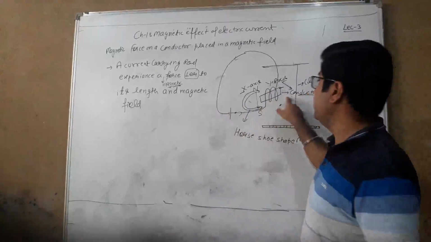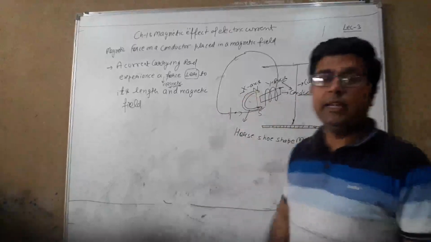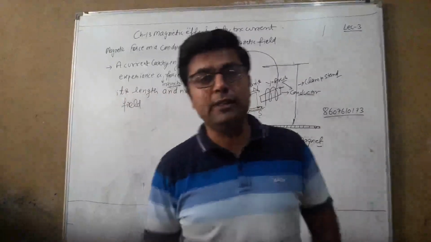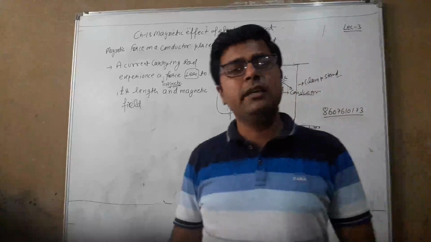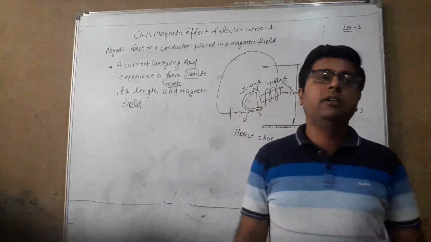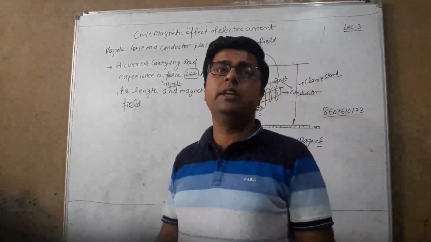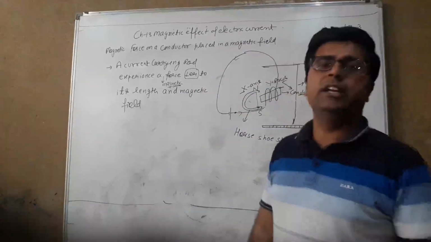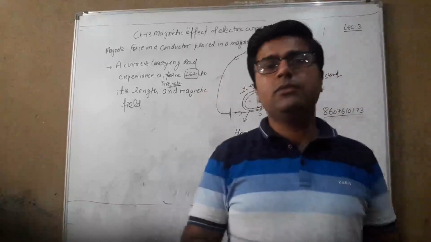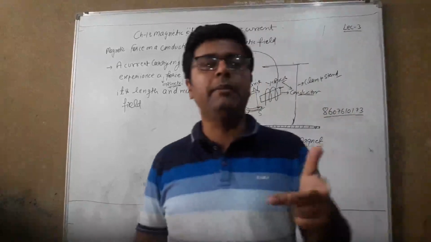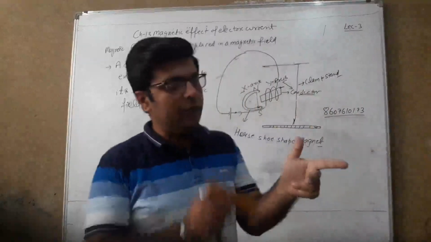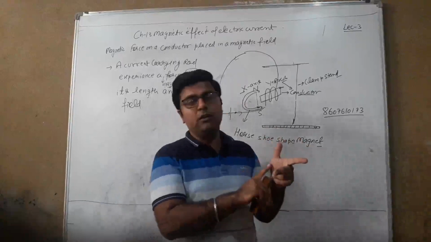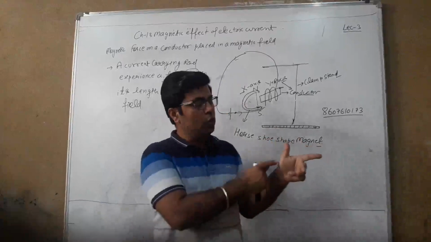Perpendicular to its length and magnetic field. So for this particular case, if the question asks us to give the direction of magnetic field, or the direction of current, or the direction of force which is acting on this conductor, that can be calculated by a very simple rule, that is Fleming's left hand rule. We have to put our thumb, our first finger and our middle finger in such a way that all three are